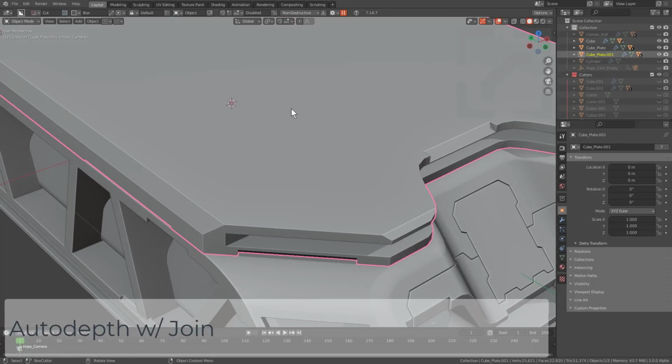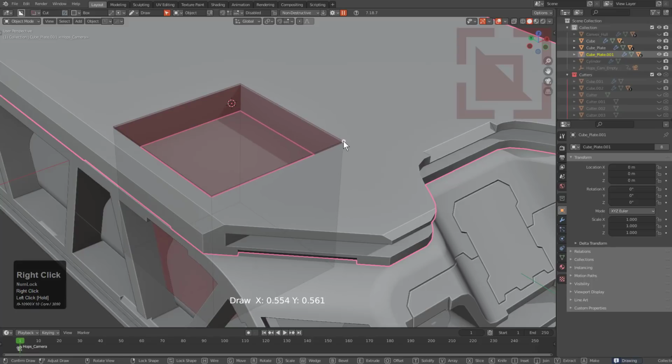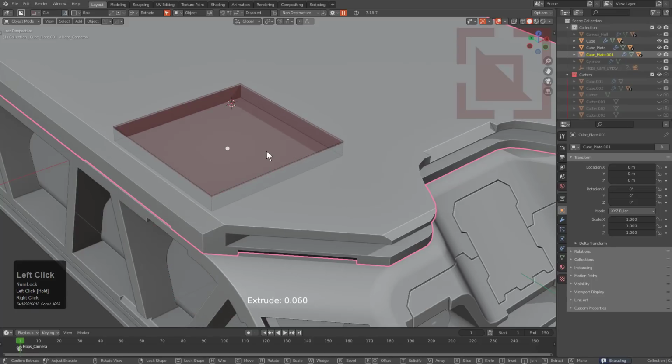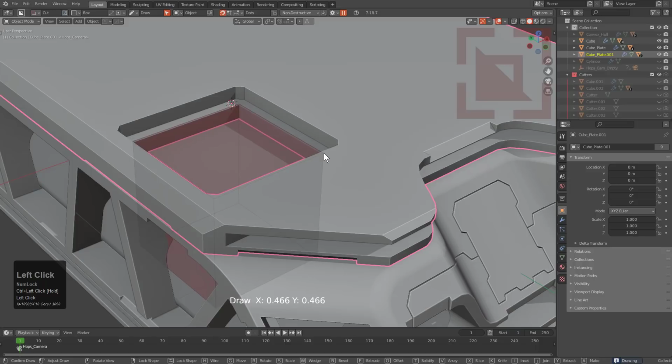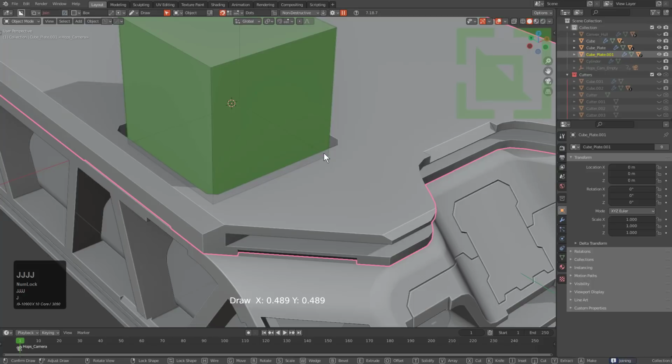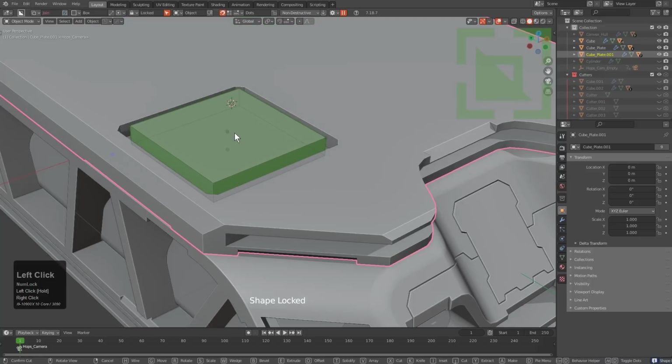Autodepth also supports join to a better extent. So if we press D and we switch over to box, we see that we're cutting utilizing a box. However, I'm going to bring the depth up just a little bit, and we'll press B to bevel it. And from here, we'll just enable snapping, which will give us our dots, and we'll utilize our dots. And if we press J to switch over to join, we see that now whenever you press J to change it, it actually flips the shape on the surface,